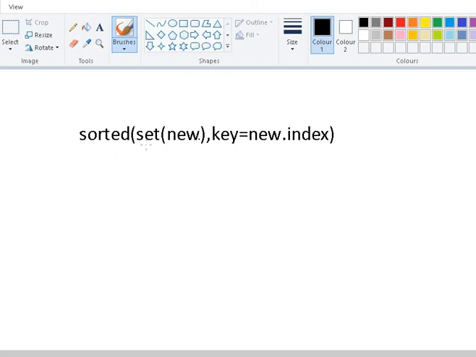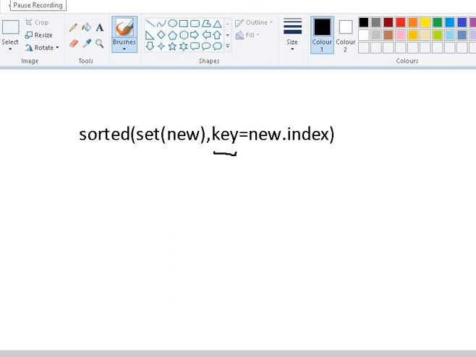Sorted of set of new. I have shown you until here what is happening. What is this key? The key can be anything. The key is how you want to sort the list.